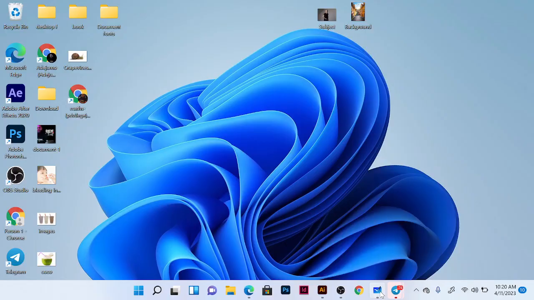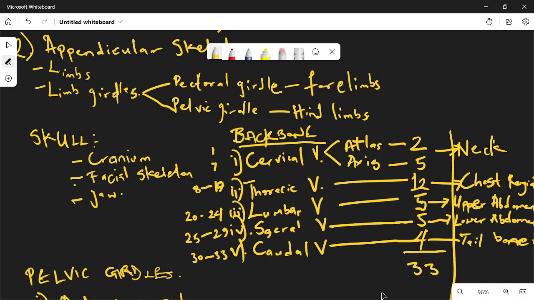Okay. So then we have the thoracic vertebrae, which starts from position 8 on the backbone of man. Please, the numbers I have given here are for the vertebral column of man. So it starts from position 8 to position 19, which is 12 places. So the 12 bones there make up the 12 ribs. Now the first 10 ribs,